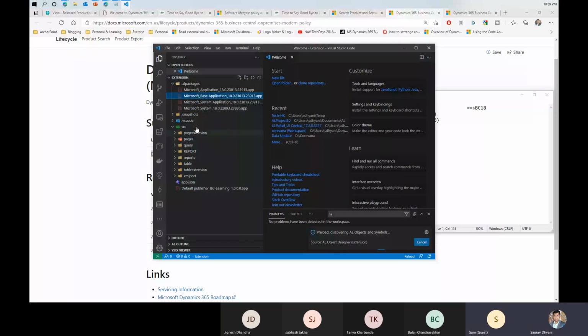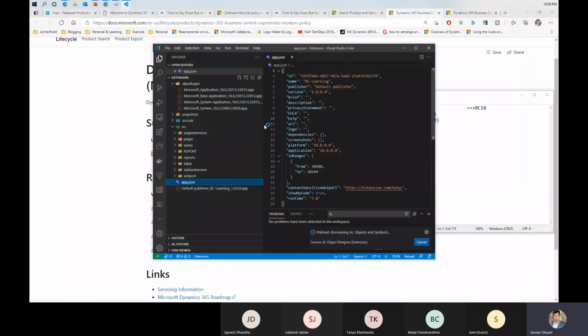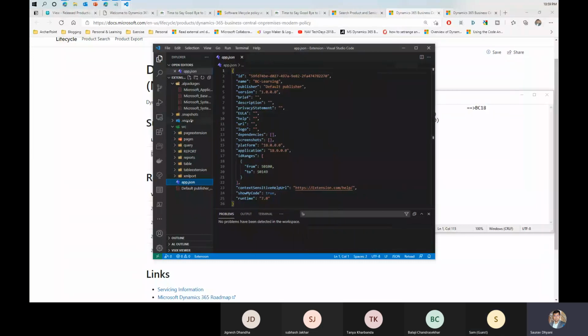Now, when you want to upgrade your NAV or BC from version 1 to version 2, in your case version 14 to version 18, the apps also get upgraded, but they